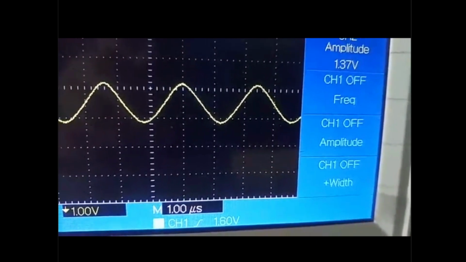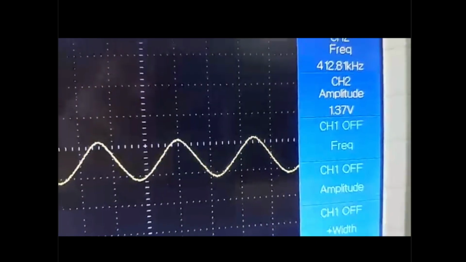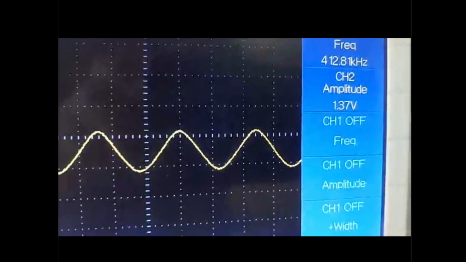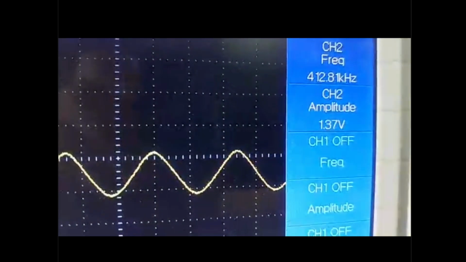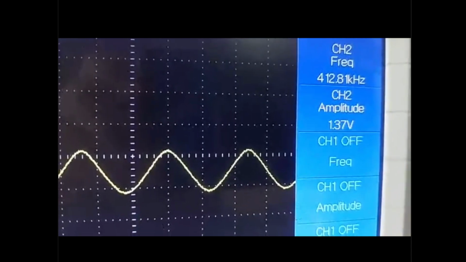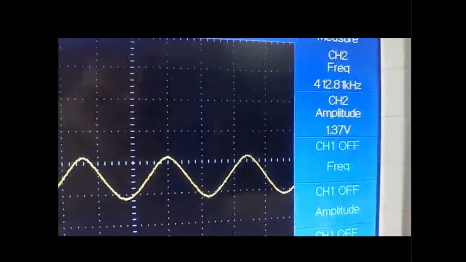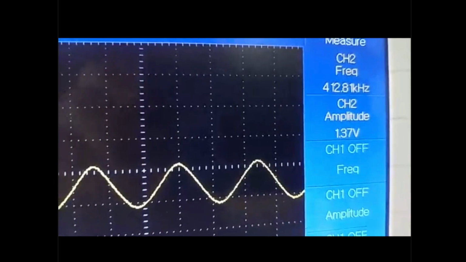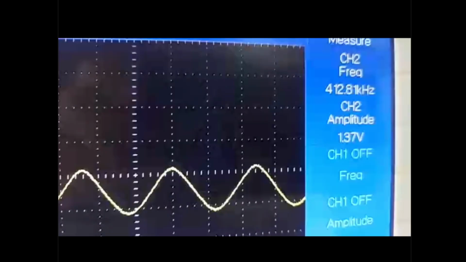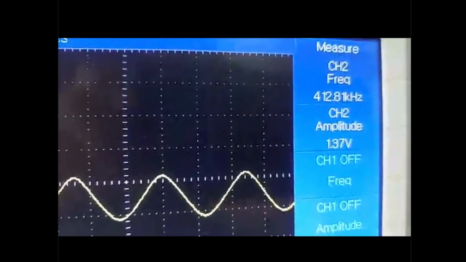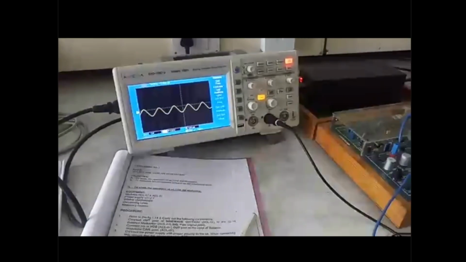As I told you in the previous lecture also, the amplitude is not going to affect much, it is just for scaling or descaling, but the frequency is very important in modulation. I'm talking about the amplitude of the carrier signal. The amplitude of the message signal is important, but for the carrier signal it is just a multiplying factor. So the frequency is 412.8 kilohertz. Now we know the message signal and the carrier signal, so we see the modulated signal output.